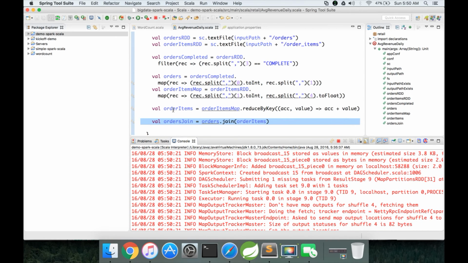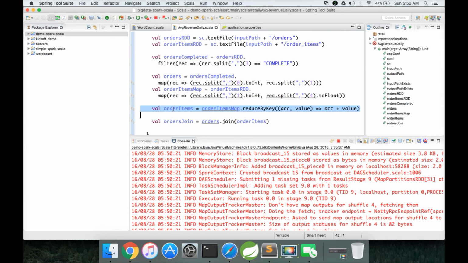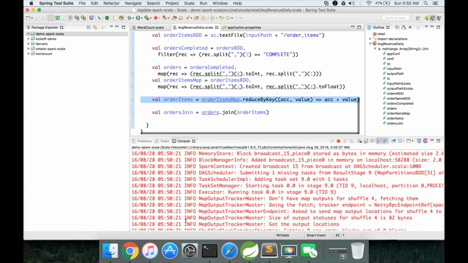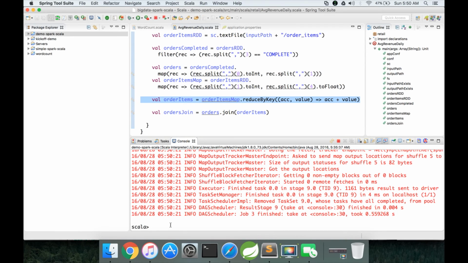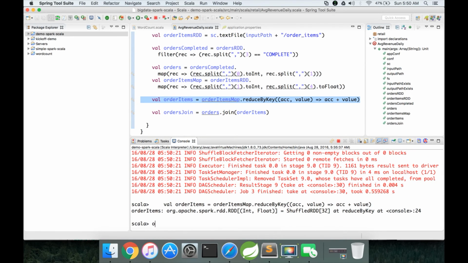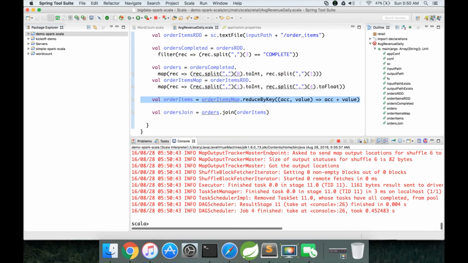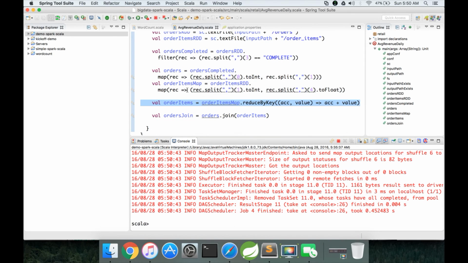Something is wrong. Okay, now let me say order items dot take of 10 foreach println. Okay, order items itself is causing some issue.